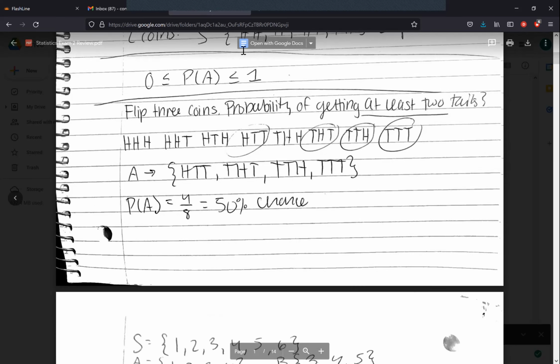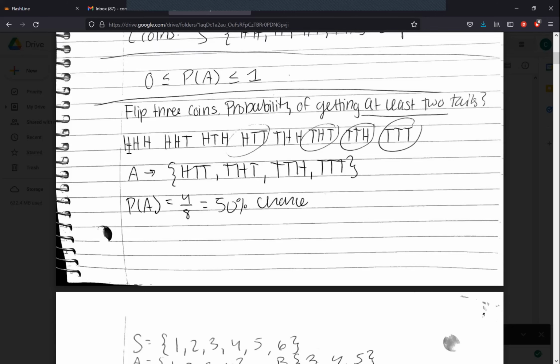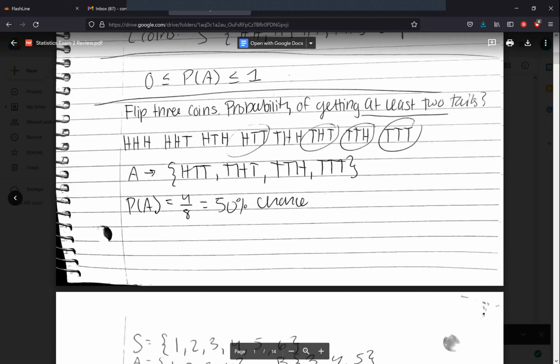An example of probability is if you flip 3 coins, what's the probability of getting at least 2 tails? So first you write out the sample space: heads, heads, heads; heads, heads, tails; and so on. And then you find the ones that have at least 2 tails, meaning 2 or 3 tails, and I've circled them here. Then we have the sample space, so we can write